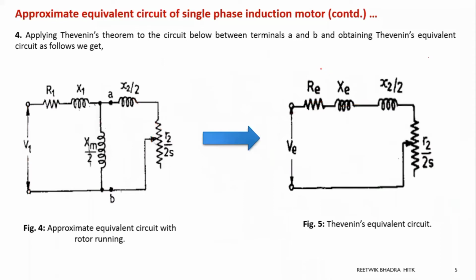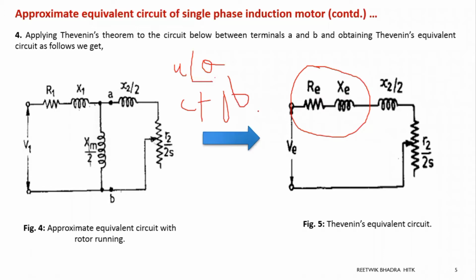So after solving, we'll get Thevenin's equivalent impedance that can be broken up into RE and XE. Yes, these have to be calculated separately, like we calculated earlier for the three phase induction motor, the same procedure we have to go for in calculation. So we can calculate your RE and jXE by this two parallel. You will get an magnitude A at an angle theta, convert it into C plus jB. So C will be RE and B will be XE. So you can go for this conversion and do the calculation.